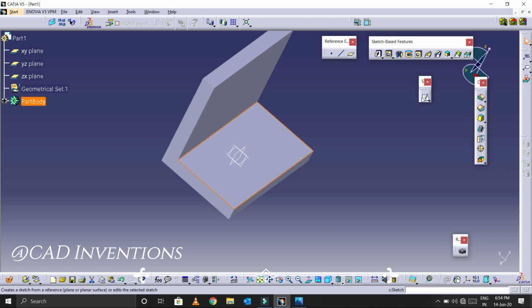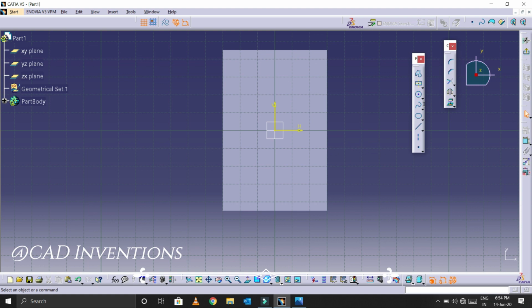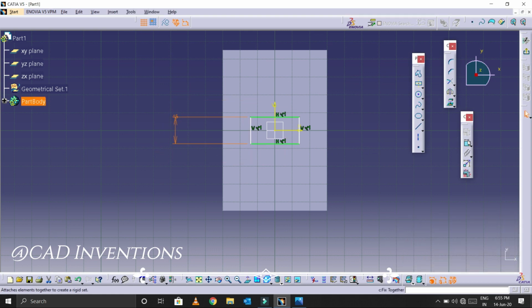Select that face and go to the sketch. Now select a center rectangle and draw. But what dimensions do I need to give? 15. Yes, this side is 15 and the same dimension here too.